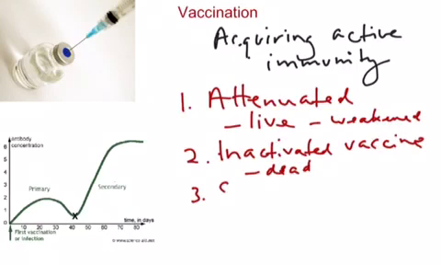Another kind of vaccine is called the subunit vaccine, where just parts of a pathogen, which could be multiple different kinds of antigens that are found on its surface, are injected into the host, and these of course then will stimulate the immune response. Another kind is called a conjugate vaccine,